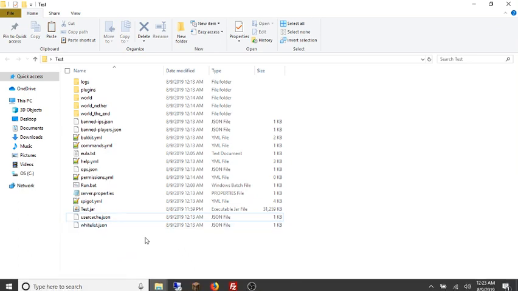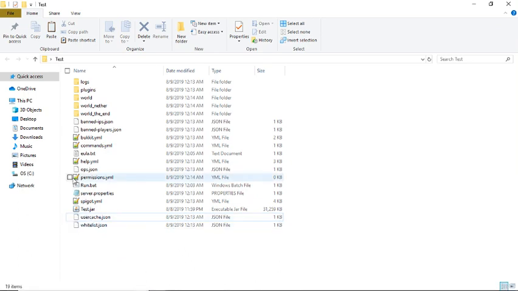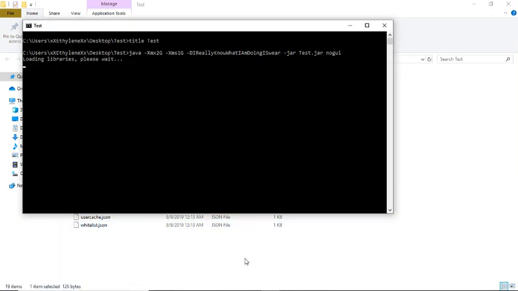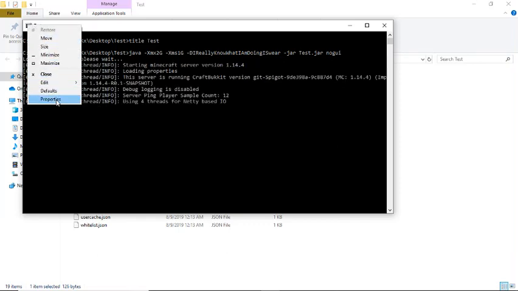So yeah, now I'm going to show you how to join your server. So all you're going to do is launch run.bat, which I feel stupid for saying that, but you wait for it to load up. Loading libraries. You can also change your command prompt. You right click on this, most people don't know this, go to properties,